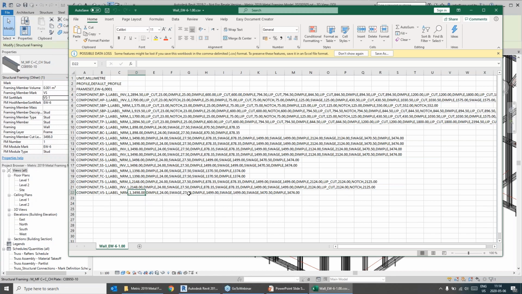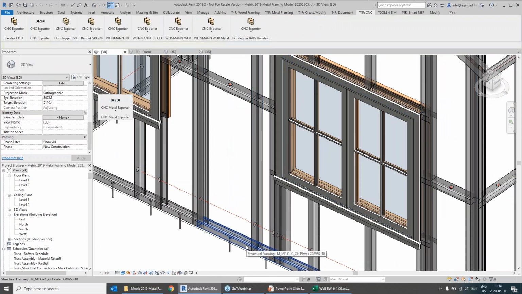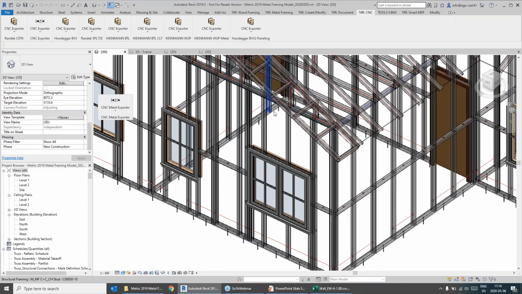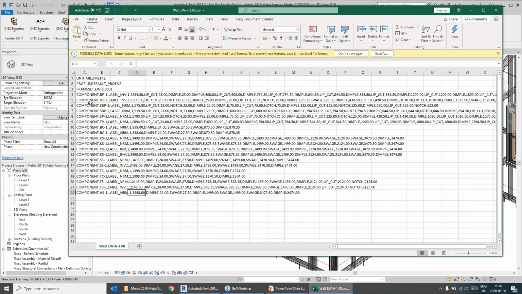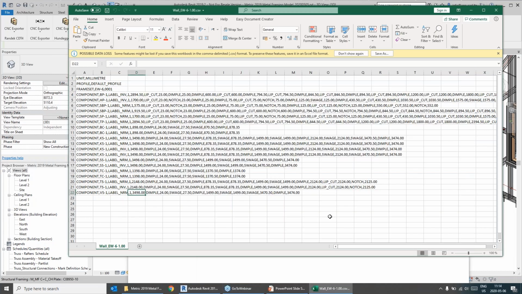And then it goes and places all those elements like dimples, swatches, and so on, so this element can be connected to that element without any additional tools. And this is how each element is exported into CSV. As you can see, it's pretty simple. Each line is an individual element with its mark, length, and then the comments that should be applied to that element. And if you compare it with the CSV2 file, which is that one,